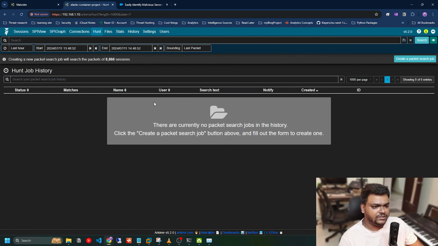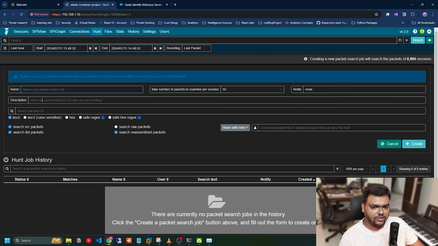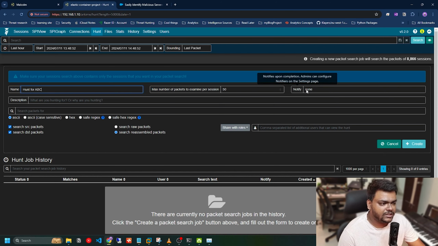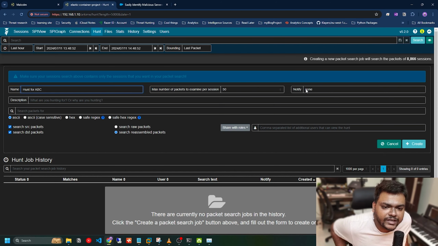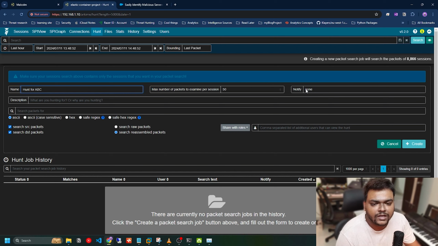And Hunt offers you the ability to create detection rules, right? So for example, I can create a packet search job. I can give it a name, like Hunt for ABC, how many sessions to be examined, and if there's a notification to be sent when detected. It will also help you write the detection logic either in ASCII, ASCII case